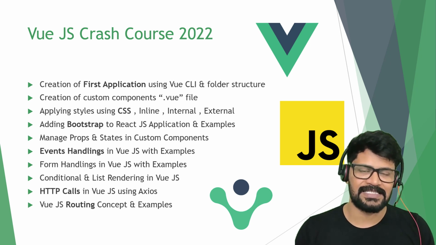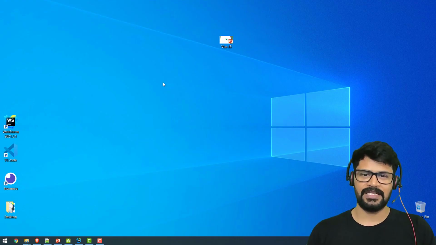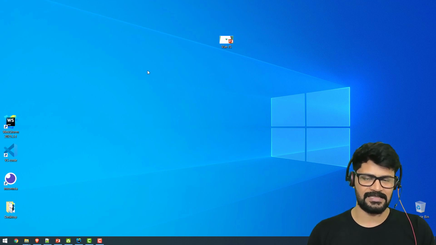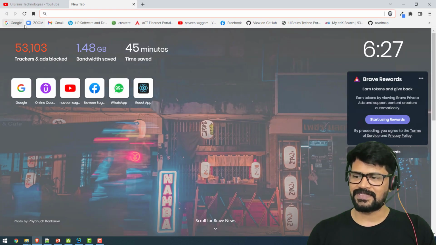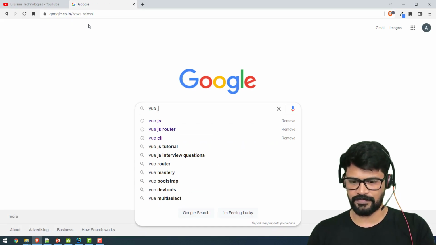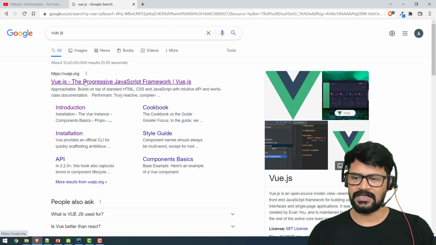Okay, so now let's get started with how to create a first application. To create the first application of Vue.js, first you have to install a package, that is Vue CLI. So first I'll go to the official website of Vue.js. You can search for Vue.js. So this is the official